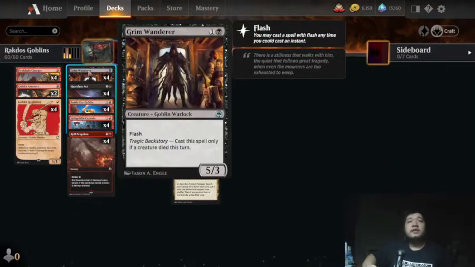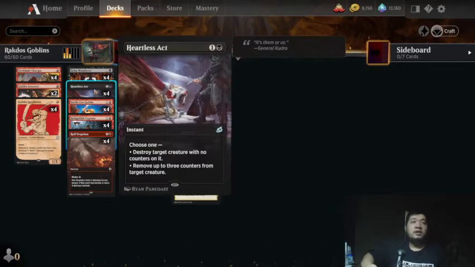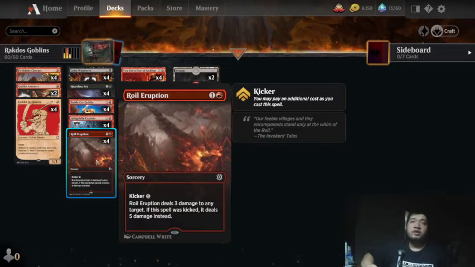So believe it or not, Grim Wanderer is a Goblin Warlock, and has a tragic backstory. You're only going to be able to play Grim Wanderer when a creature died this turn. We're anticipating most of the time that it's going to be our creatures that die, but sometimes we get to kill off our opponent's creatures. That's why I'm running 4 copies of Heartless Act. I am running 4 copies of Royal Eruption because